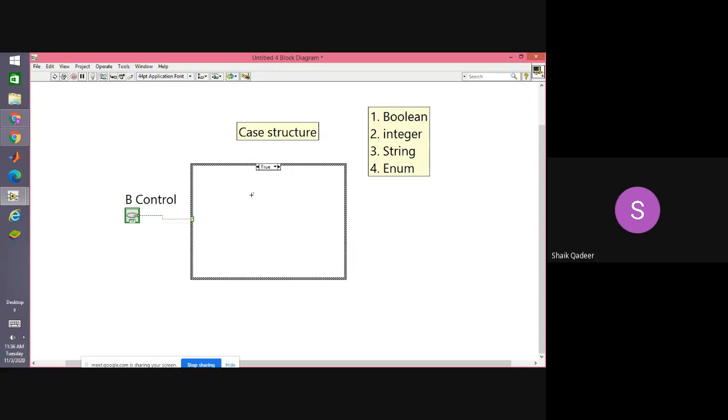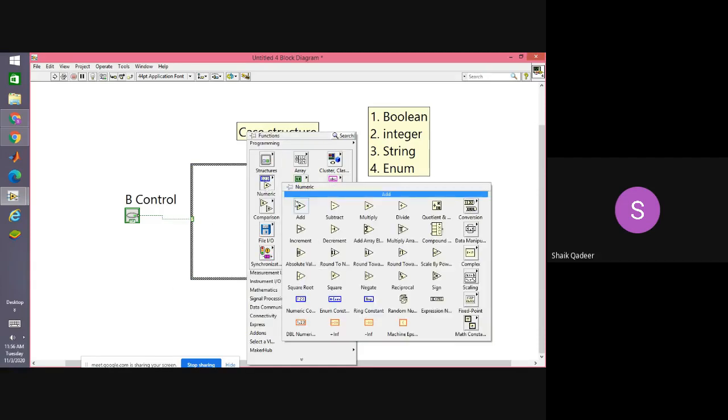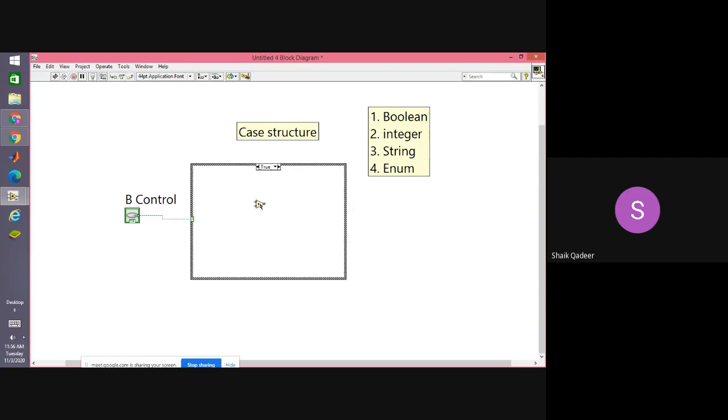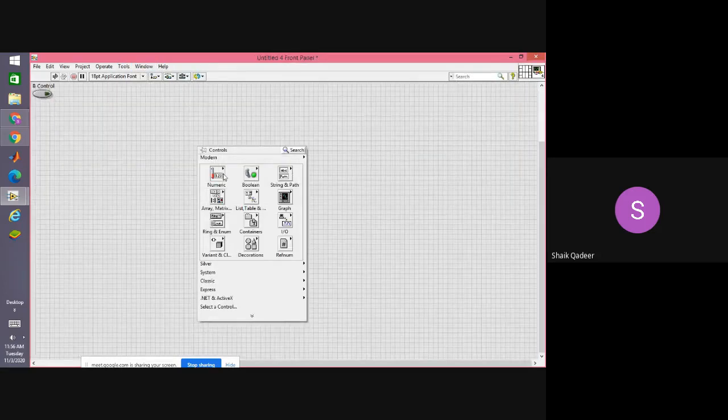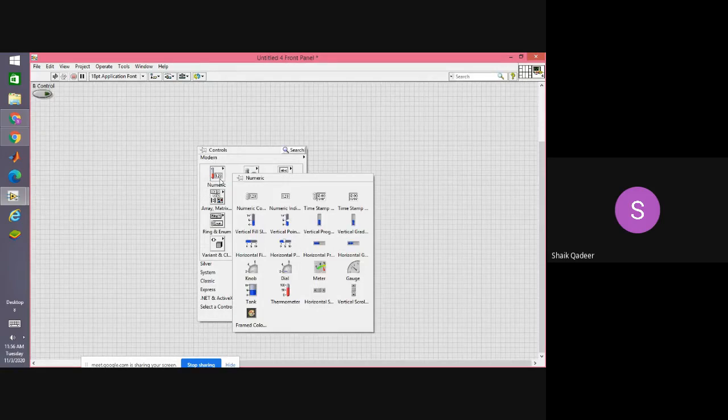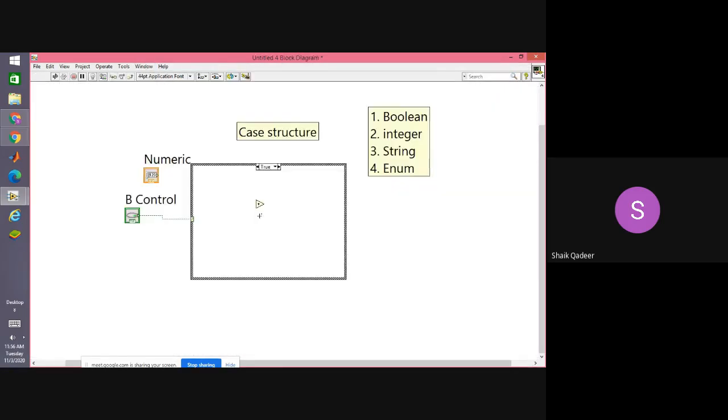So क्या code लिखेंगे? Okay, see here. Take a numeric plus numeric over here. Take an input. We can take input only in front panel. I'm taking an input, connect to the boundary. If it is true, suppose we perform plus operation.